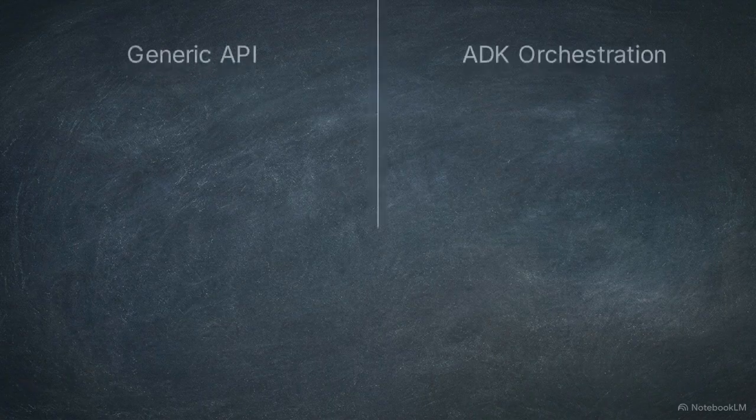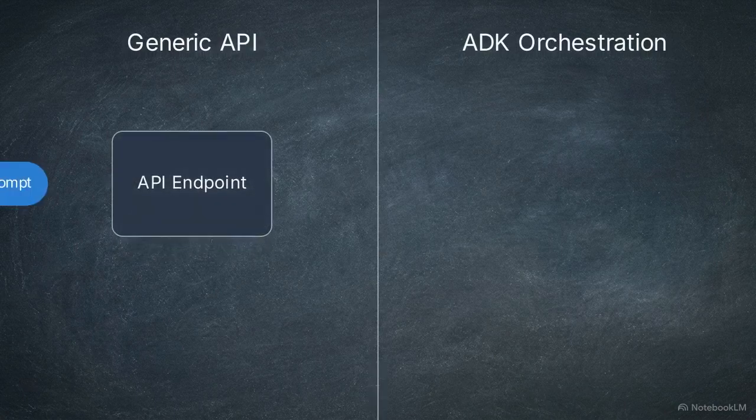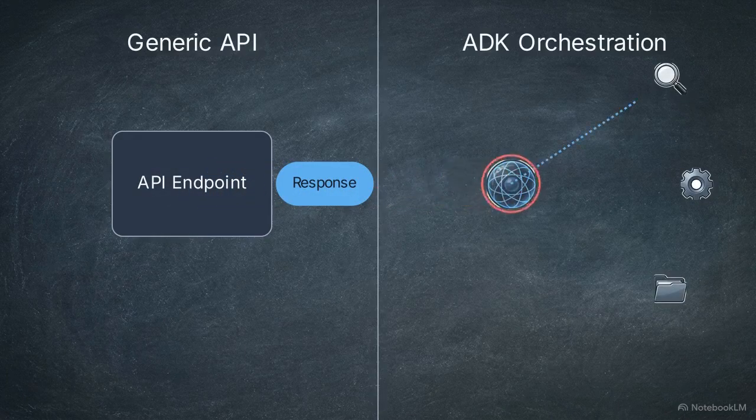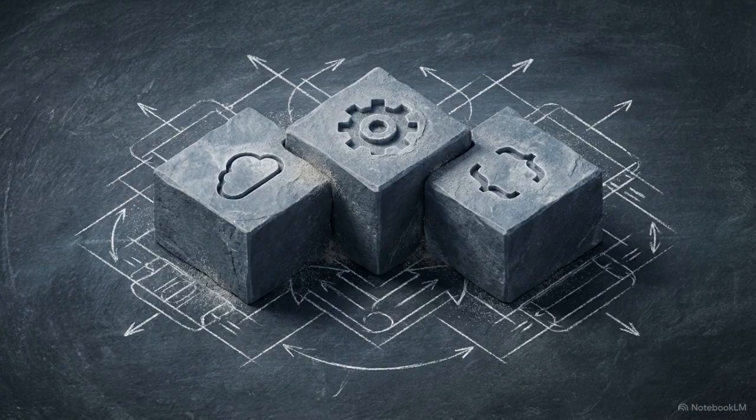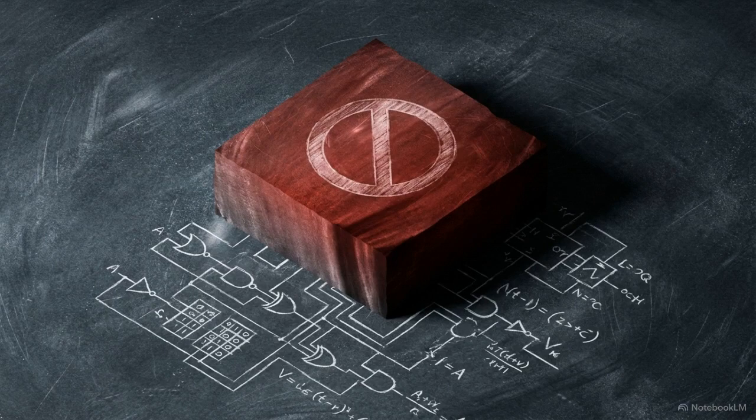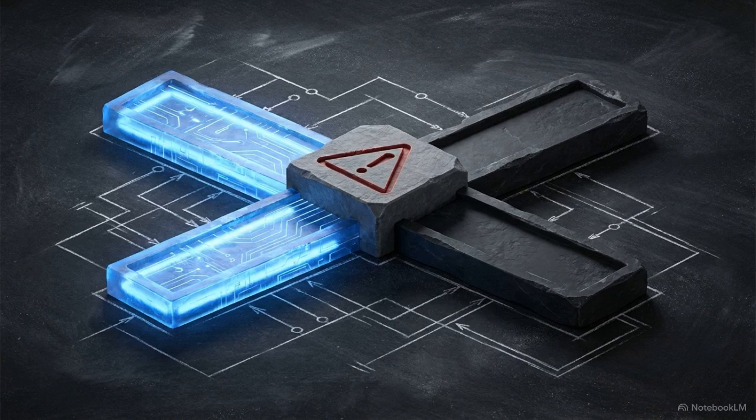To evaluate these options accurately, we must separate them from generic LLM text APIs. LLM text APIs are basic endpoints that take in a prompt and return a string of text. We are analyzing full orchestration frameworks designed to execute complex, multi-step actions. The correct ADK choice depends entirely on matching the framework's native integrations to the engineering team's pre-existing cloud infrastructure and programming skills. The most rigid constraint a development team faces is native programming language support. If the framework does not support the language your engineers write in, adoption stalls immediately.